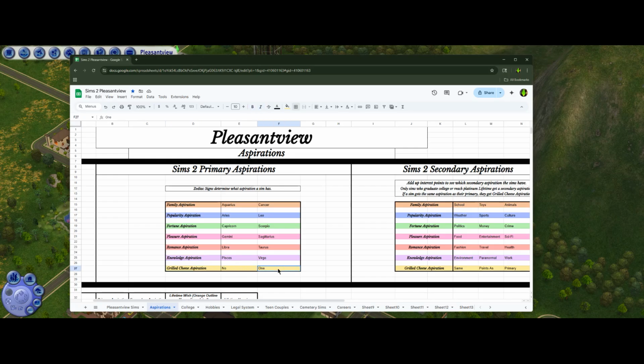And for grilled cheese, no one. And this one is just an extra aspiration. It's like an oopsie aspiration, I should say, when you mess up in that career rewards. But I don't think that's ever going to happen in my game because I rarely play with rewards for